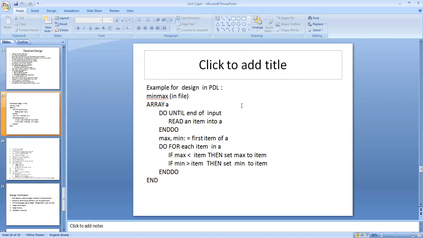The basic control constructs of PDL are similar to those of any of the structured languages like C language or C++ language. It has its if condition, similar to the if else condition in C or C++.